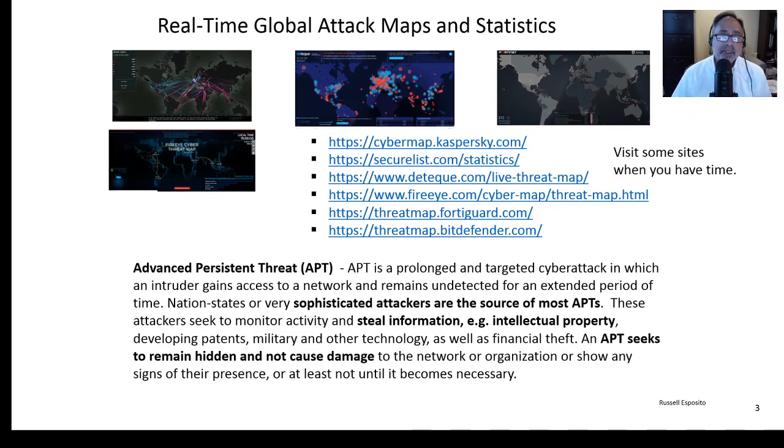So again, look at these sites when you get a chance, they're kind of interesting. They show you real time. They have software that's being used by various managed security service providers, MSSPs we talked about earlier. A managed security service provider, MSSP, will help monitor your network, put some software on it, and manage what's going on. And when you have thousands of customers using your software as an MSSP, you're collecting all that information and you can display it on a map on your website to show visitors